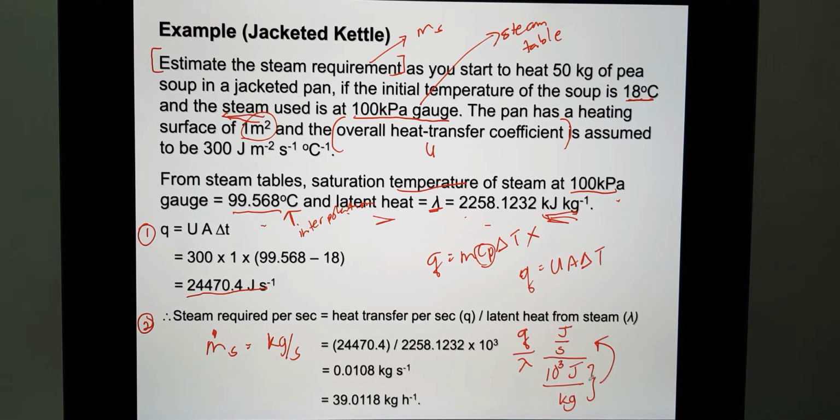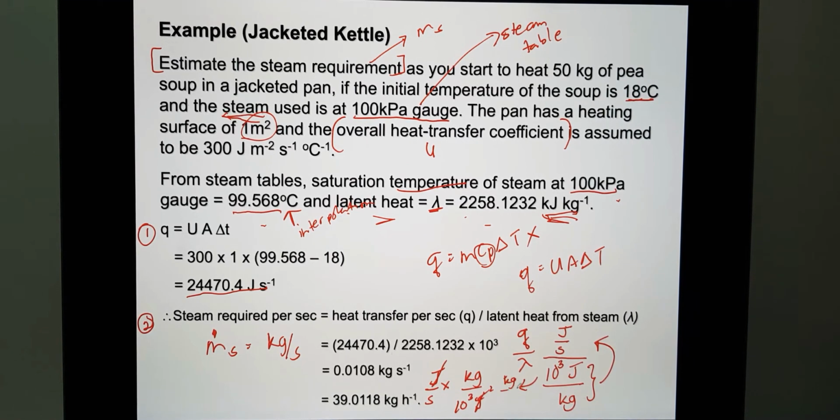So it becomes joule per second times kilogram per 10 to the power of 3 joule. Can you see? This is the mathematics that you have learned during your high school. I believe your teachers have taught you why the kilogram and joule change when you bring it upward. So from here, the joule and joule can be cancelled out and you are left with